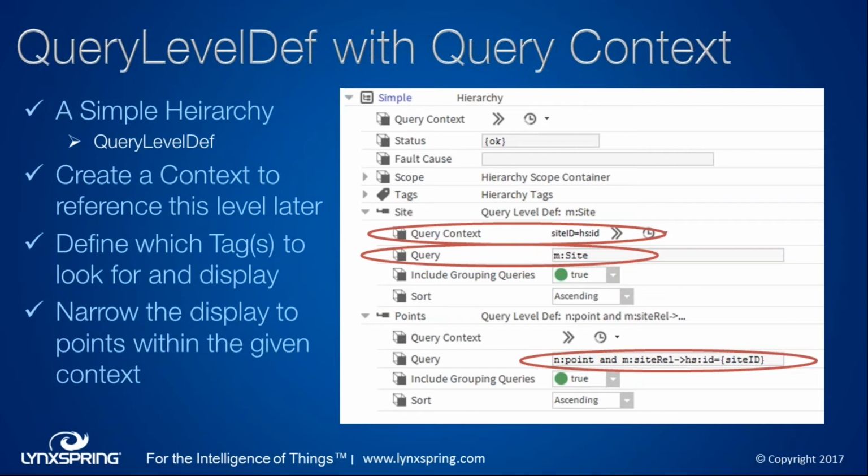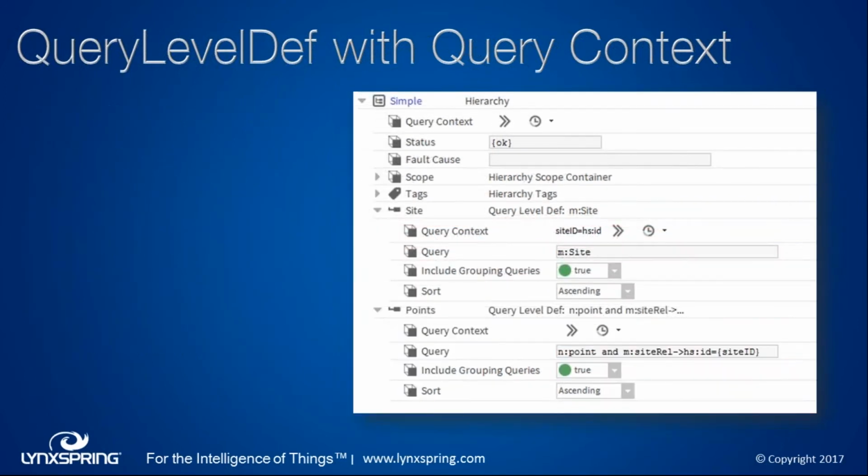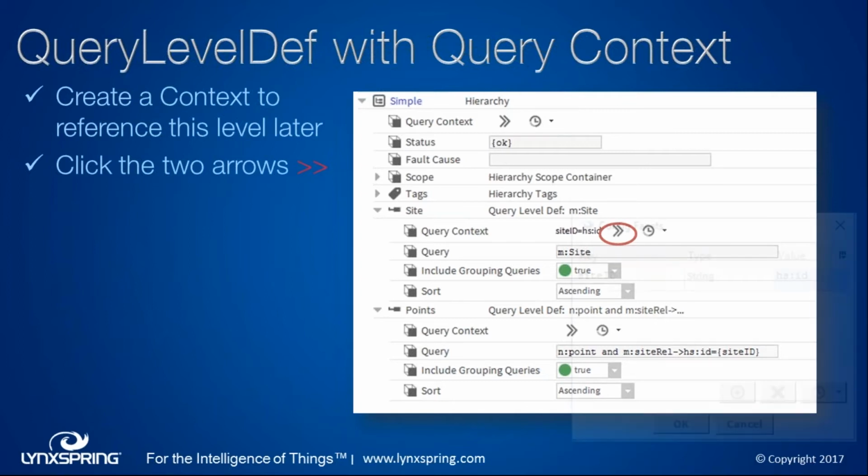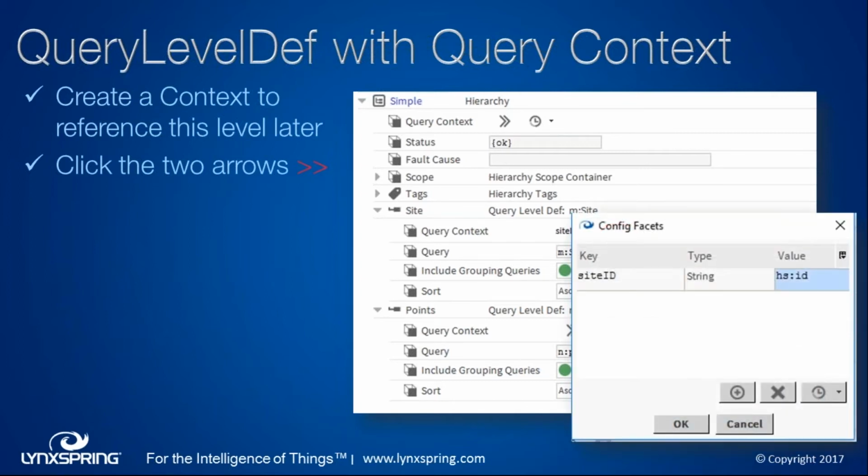But I only want the points to show up if they're within that particular folder. So that's where this and comes in, and we have this string, :siterel, which was that relationship we defined earlier using those relationship tags, that little arrow symbol. It's going to say if the siterel matches that Haystack ID within my site ID up under the query context.